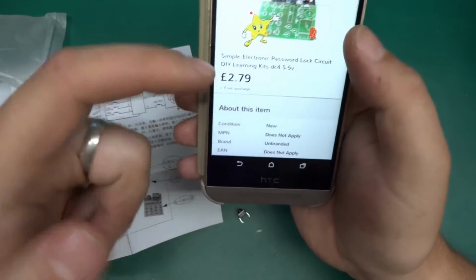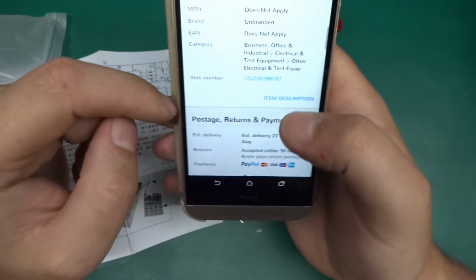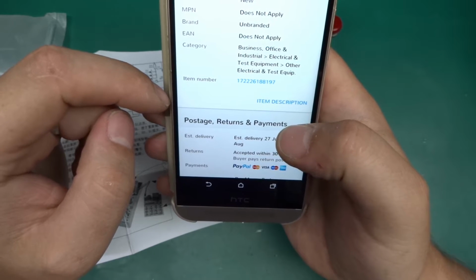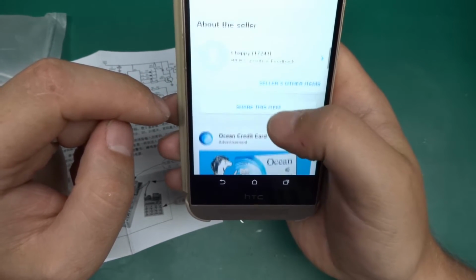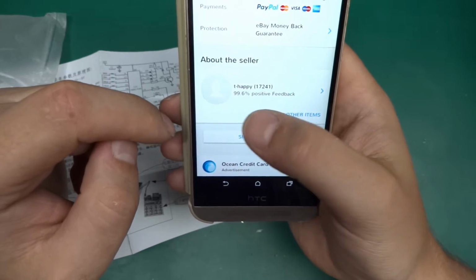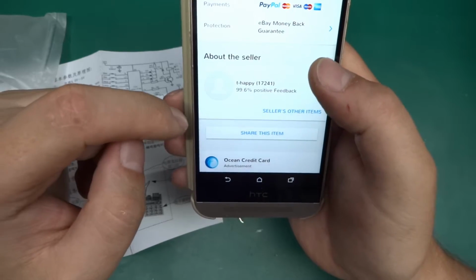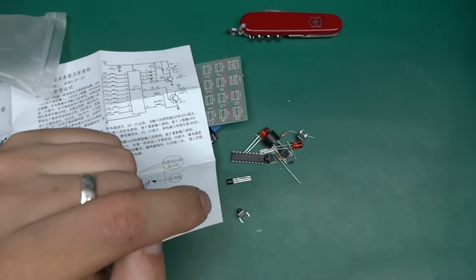So it cost £2.79. Item number 172226188197, and it came from a seller called T Happy, whose customers are 99.6% happy. Okay, so